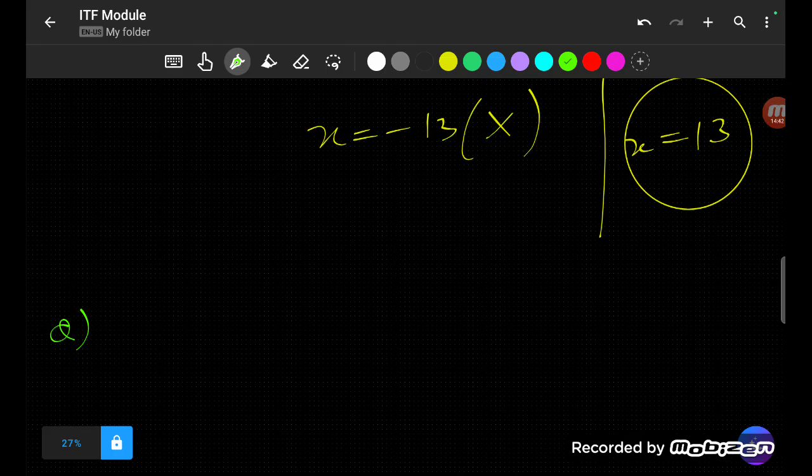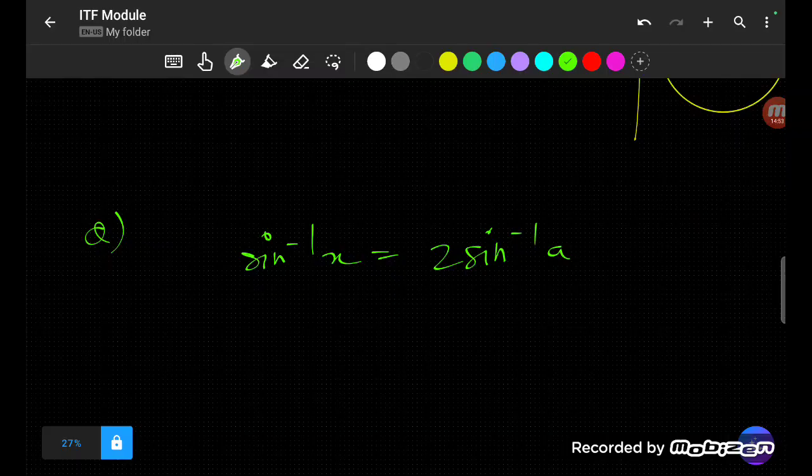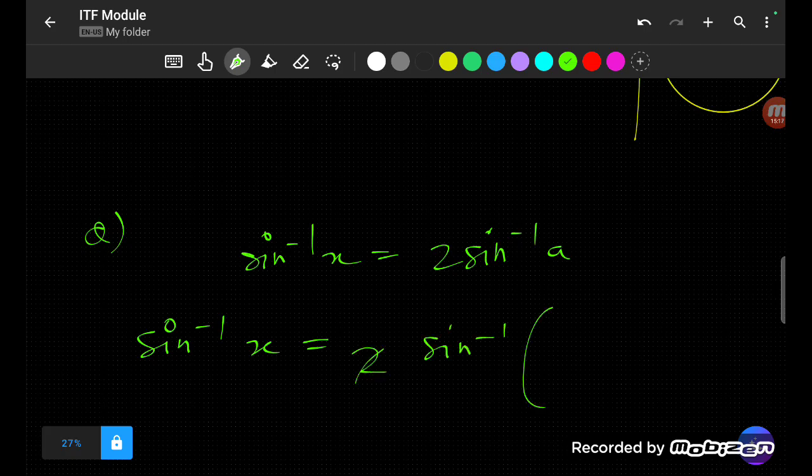So the trigonometric equation sine inverse x equals 2 sine inverse a has a solution for one of two things here. Sine inverse x is equal to 2 sine inverse a. So for this to be equal to 2 sine inverse a, for this to be sine inverse 2a upon root 1 minus a square,